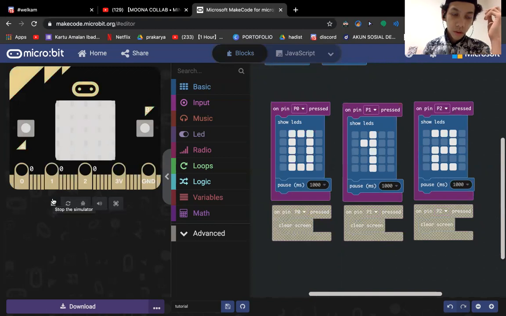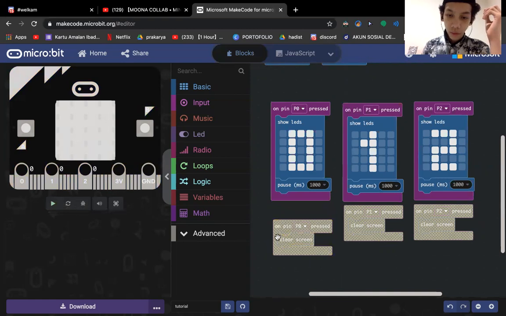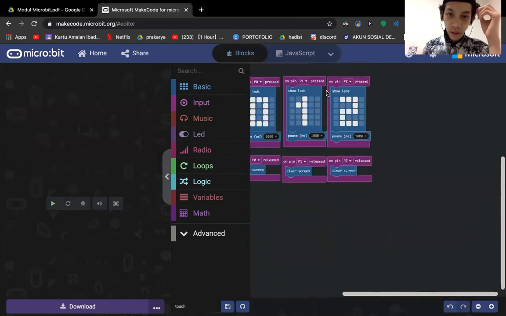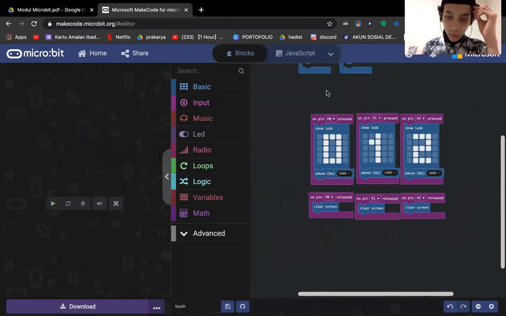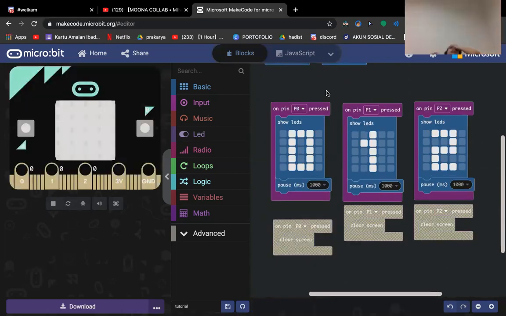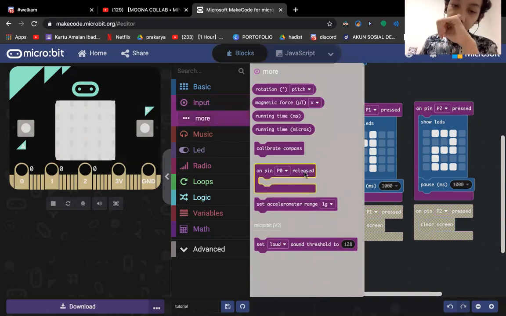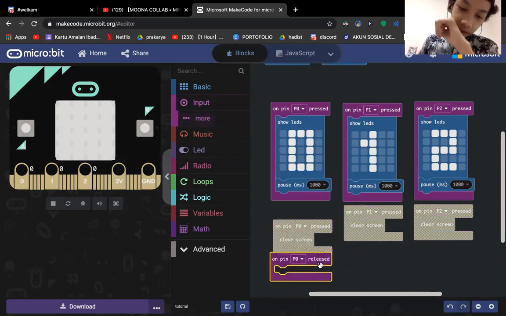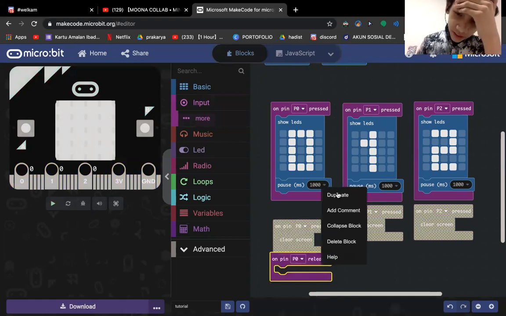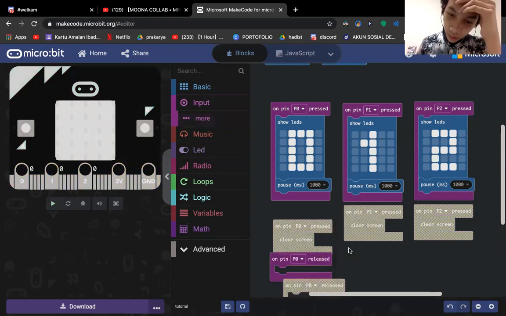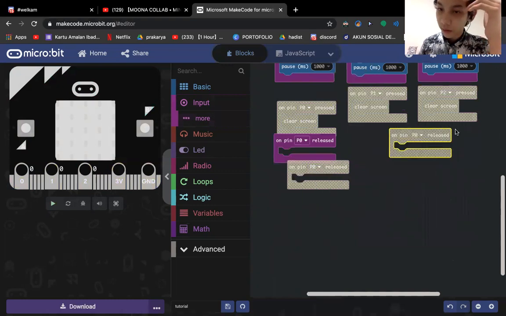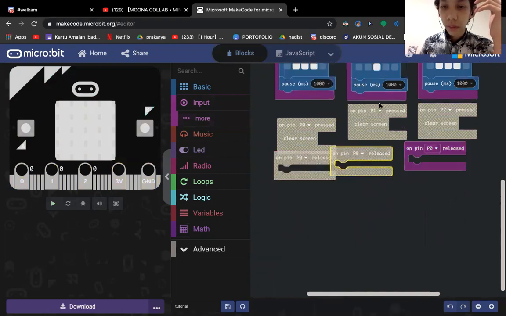If we start, why doesn't it work? Why doesn't it work? Hey, on pin, oh, I forgot. It's not pin pressed, but a pin released. And here in more, have a pin released. Oh god, I'm wrong. I'm sorry. And duplicate it three times, not pressed, but